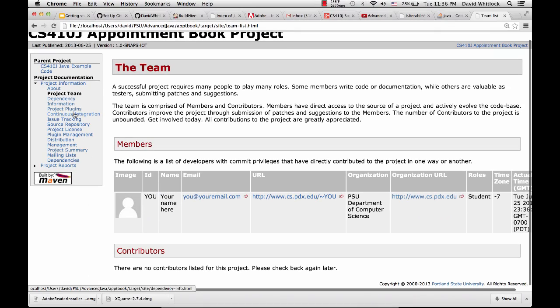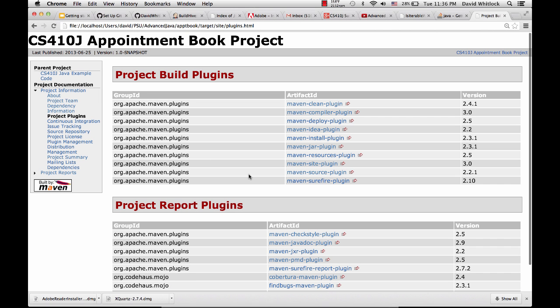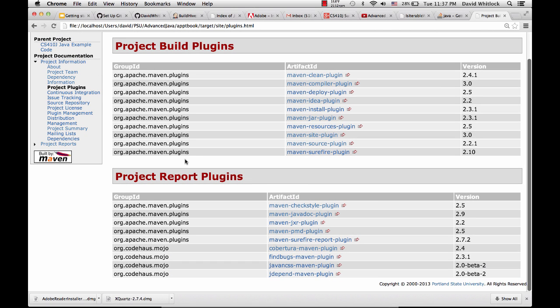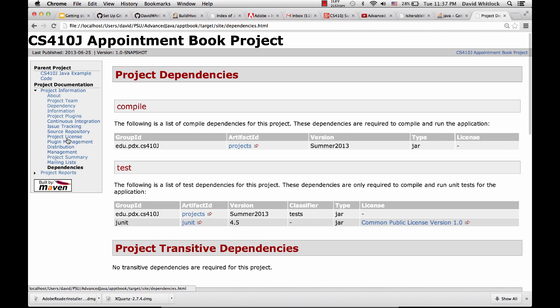We have members and contributors. It talks about all the plugins and which versions are used, probably not so interesting there. But anyway, if you were using a particular tool to track issues, if you wanted to put a license associated with it, if you had mailing lists, all of this good stuff, dependencies,